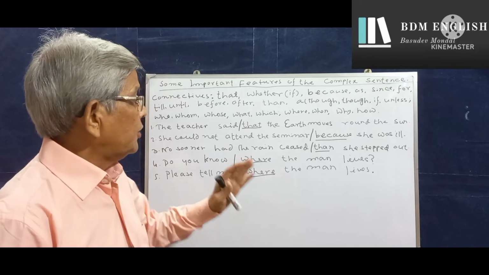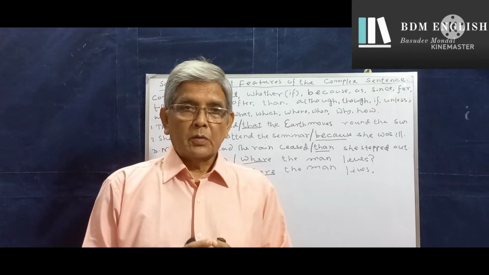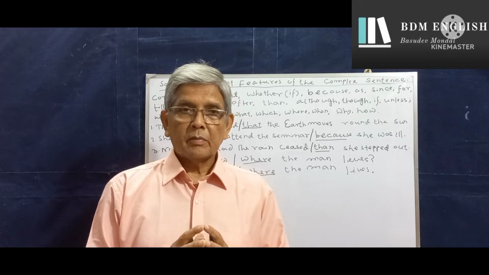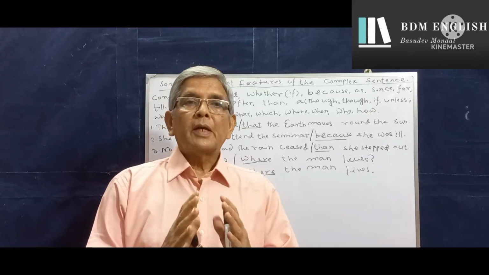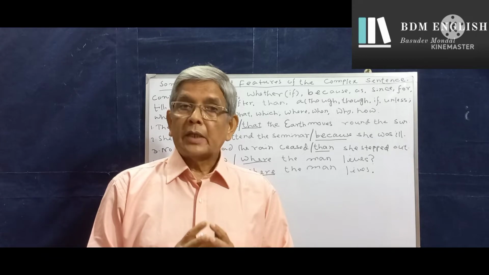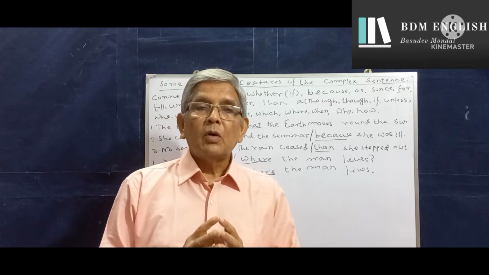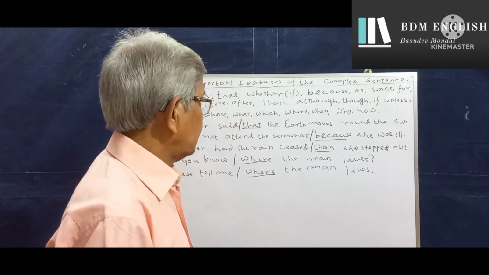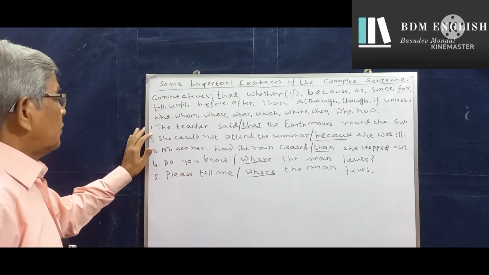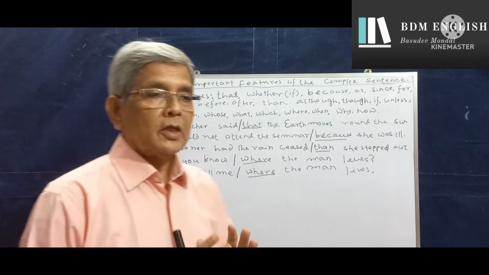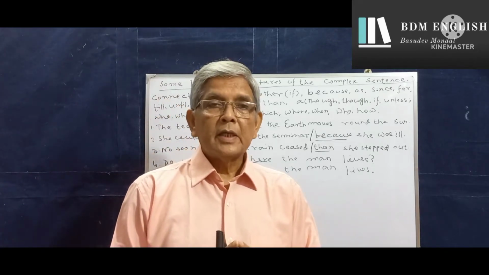In this video, I am going to point out some important features of the complex sentence. A complex sentence is one that contains one principal clause and one or more subordinate clauses. In sentence number 1, the principal clause is "the teacher said," and the subordinate clause is "that the earth moves around